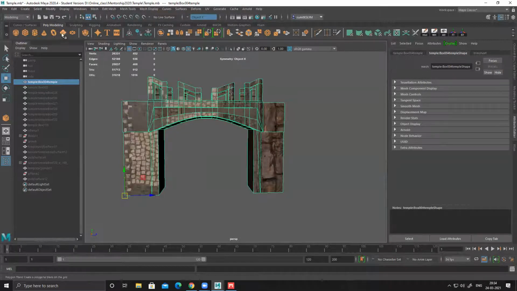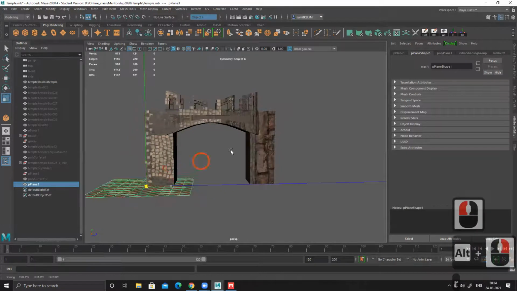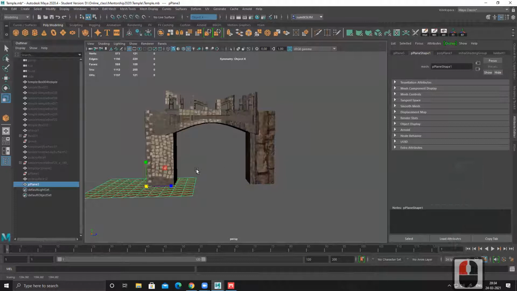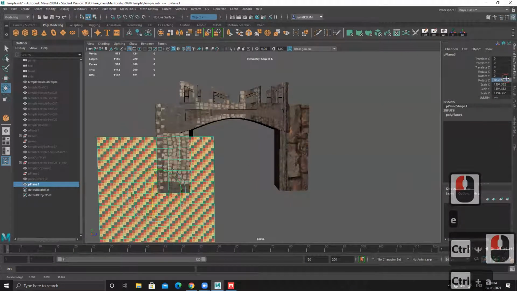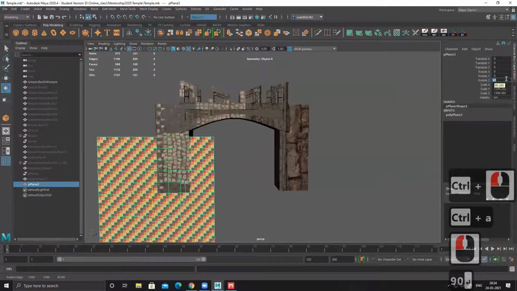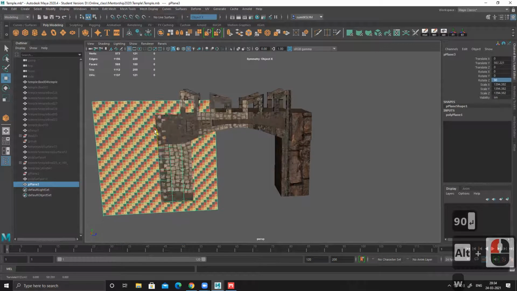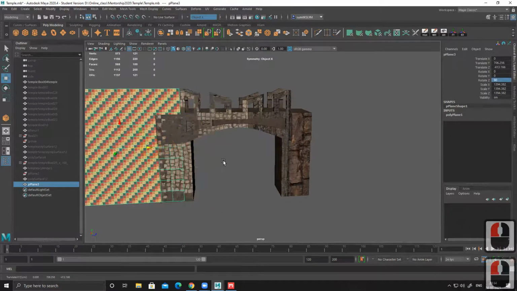So what I'll do is I'll take a plane, increase the size, and let's rotate this 90 degrees, and just simply place it near this.